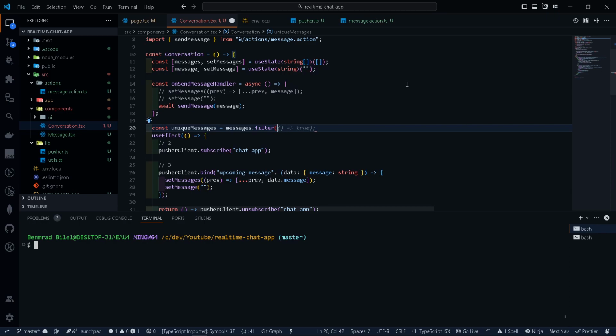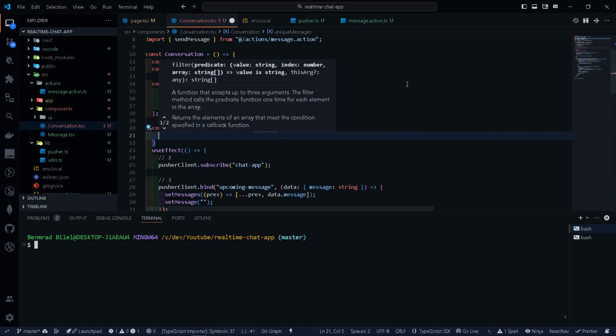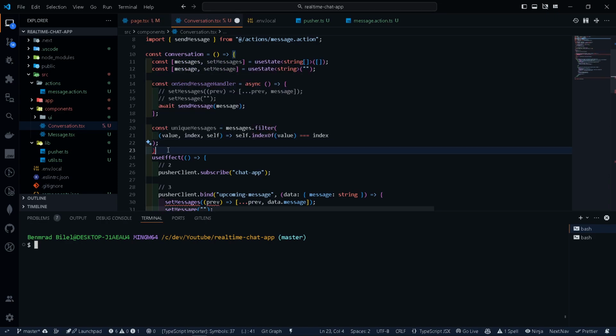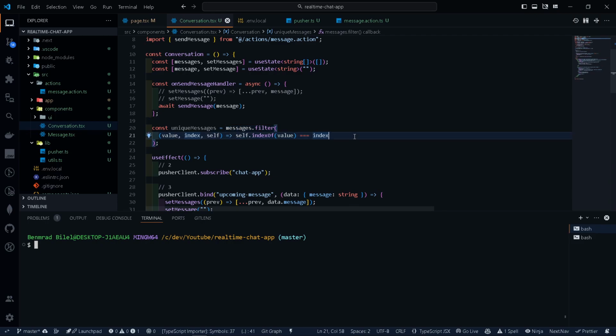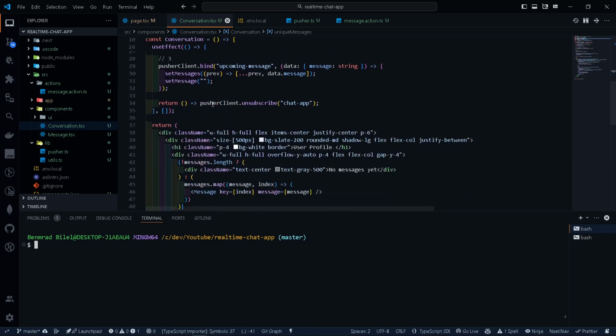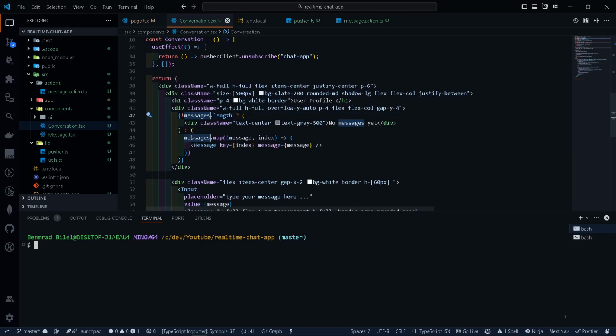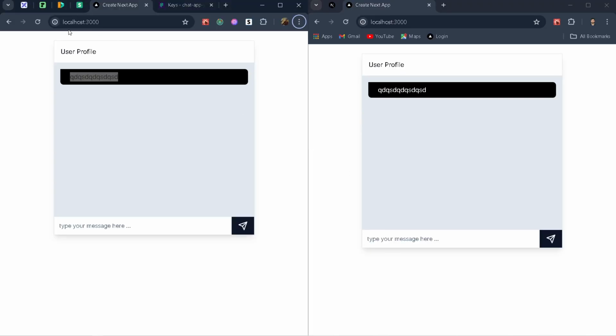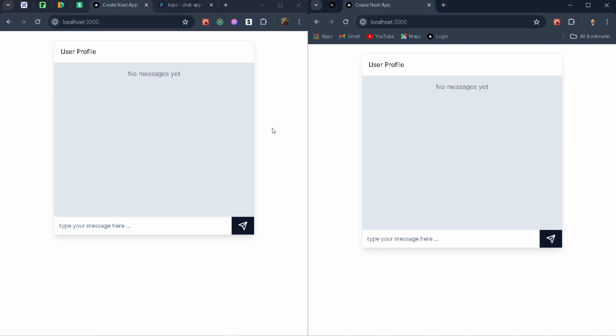Copilot helps me with this. Basically this line returns only the unique messages. And instead of looping through the messages, I'm gonna loop through the unique messages. And perfect. Okay, let's hit refresh, and for the last test, hey,